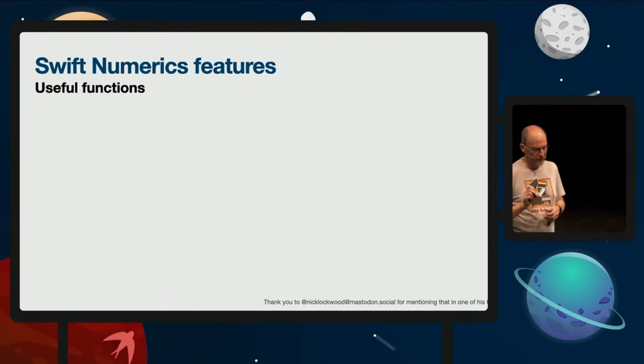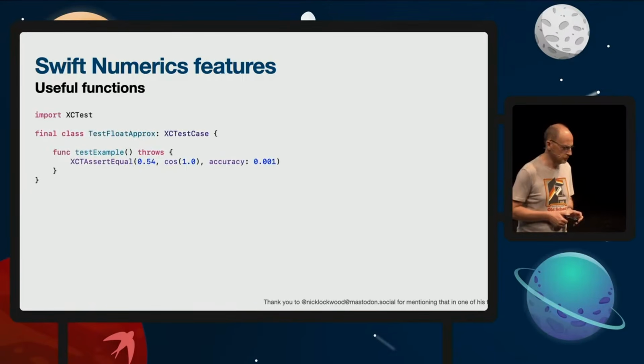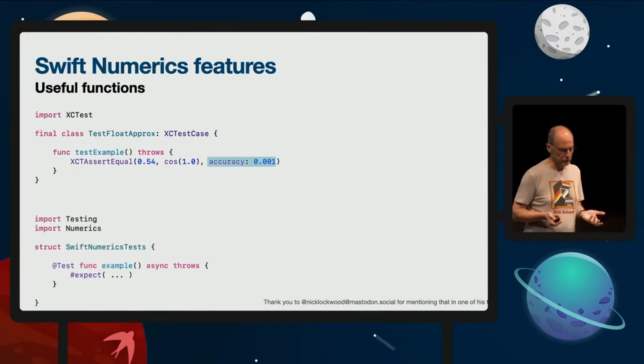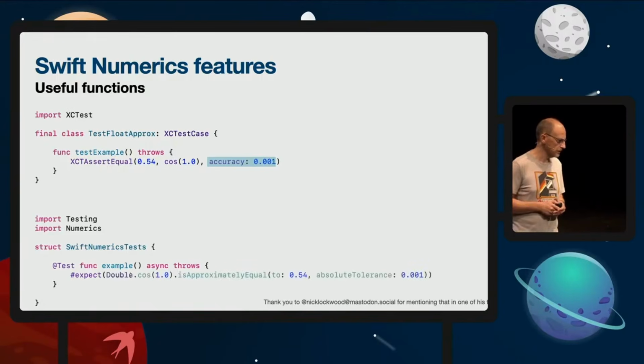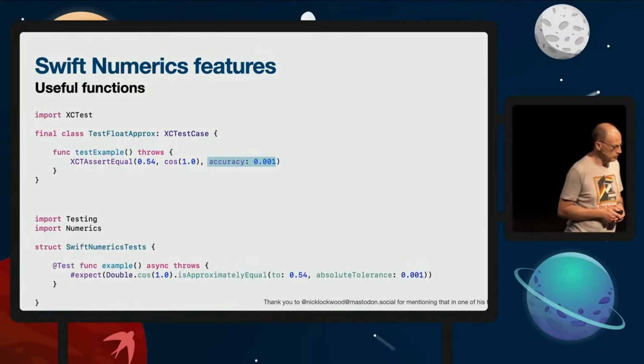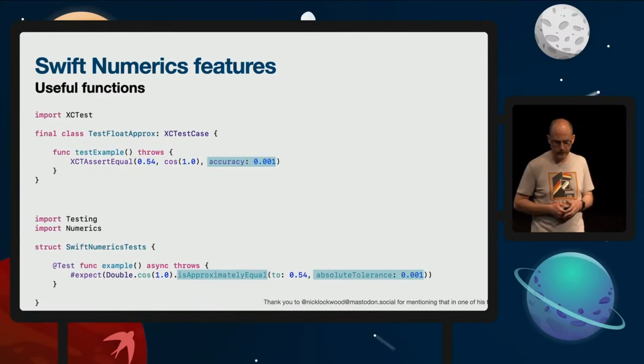Also, if you're looking for specific mathematical operations, looking at Swift Numerics might be useful if you don't find something in the standard library. For instance, if you were used to using XCTAssertEqual with an accuracy parameter when you were writing XCTestCase, and you want to convert to Swift Testing, how do you convert that? There is no specific construct. Well, Swift Numerics provides an isApproximatelyEqual function, and that provides similar and more powerful functionality. So you could migrate your tests using that.